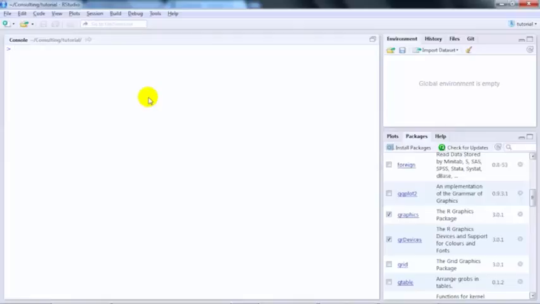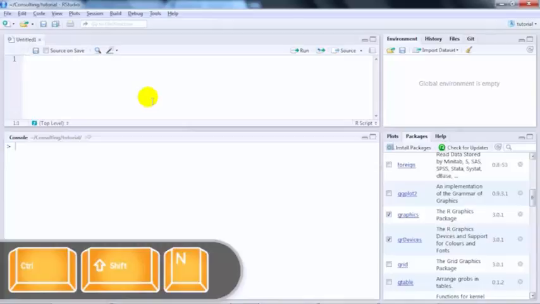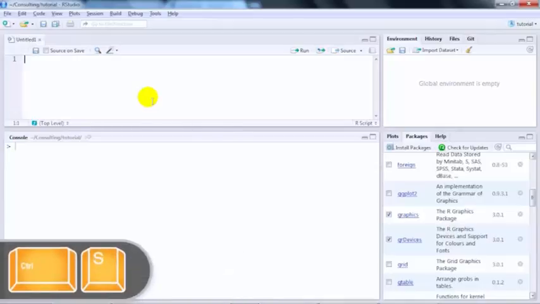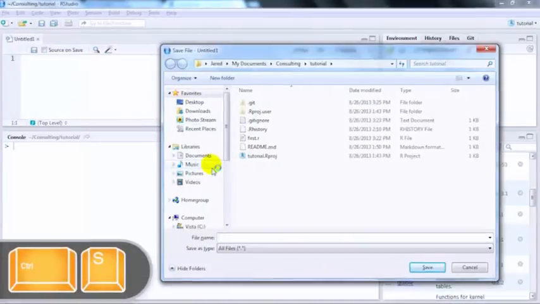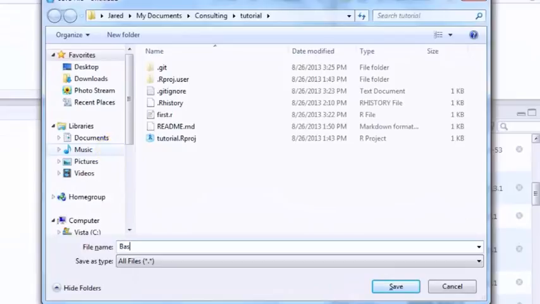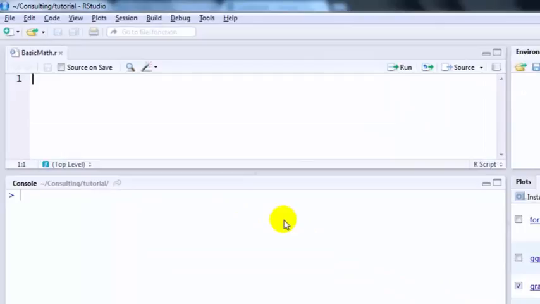Being a statistical programming language, R excels at all things math, whether it's complicated linear algebra or simple addition and subtraction. To show some of this, let's open up a new text editor area by clicking Ctrl-Shift-N and saving it by using Ctrl-S on your keyboard. We can name it basicmath.r. So in here, simple things first, such as 1 plus 1, hitting Control-Enter puts it in the console and you